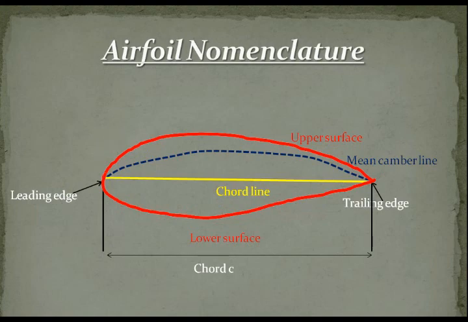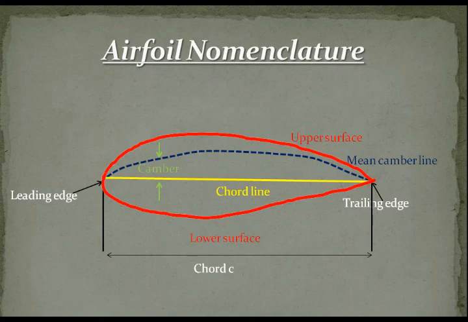We might think of this chord line as a starting point for drawing or designing an airfoil in cross section. It is from this baseline that we determine how much upper or lower camber there is and how wide the wing is at any point along the wingspan. There is one more important factor, that is the camber. Camber is the maximum distance between the mean camber line and the chord line, measured perpendicular to the chord line. The camber of an airfoil is a characteristic curve of its upper or lower surface.